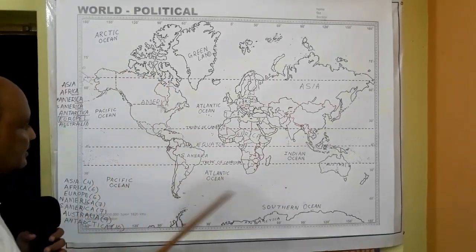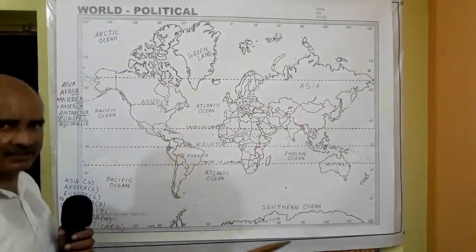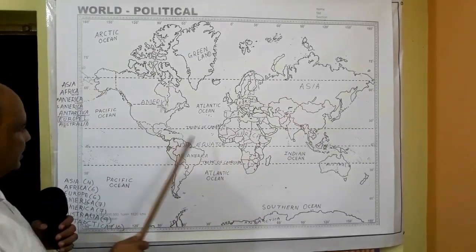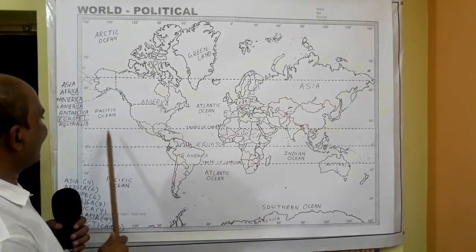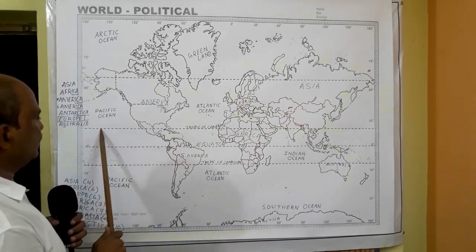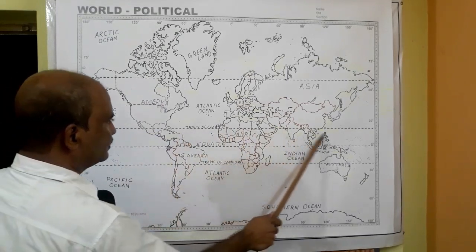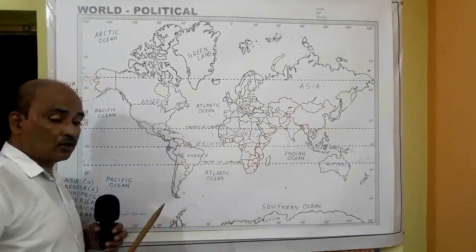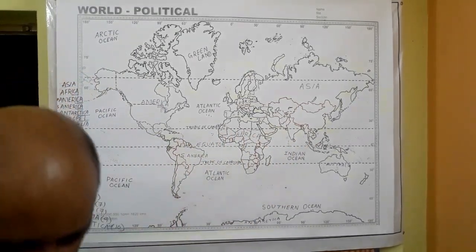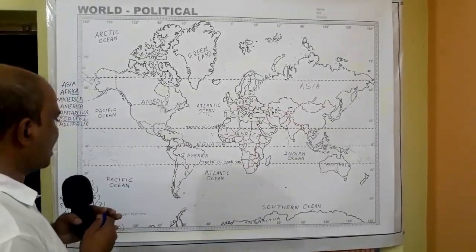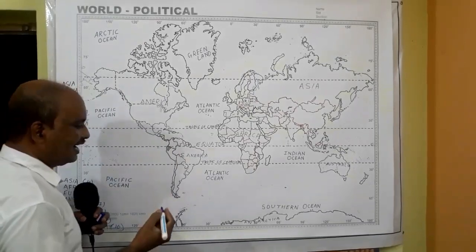Now next, clear step by step if we have to learn map pointing. So the next one is the Tropic of Cancer. Here we have 23.5° north, which is called the Tropic of Cancer. Remember, there is always a question asked by many children, and that is, remember,